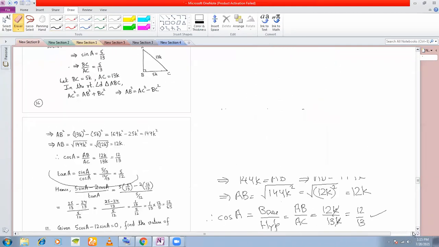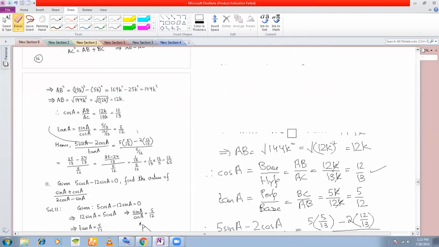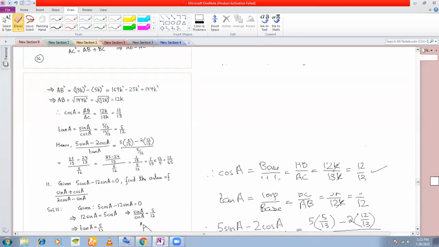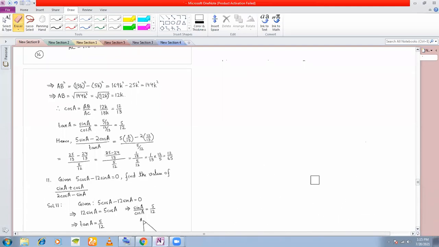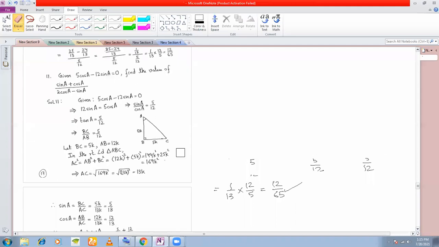The next problem. I'll just give you a hint, and I'll complete this problem in the next class. I'll give you two hints, two ways of doing this problem. One which we shall be doing. There's a second chapter on trigonometry also. You can do that from that part also.